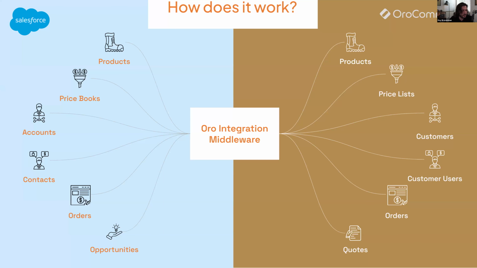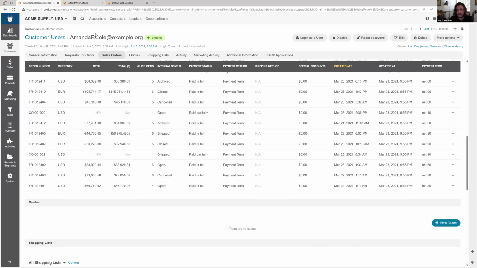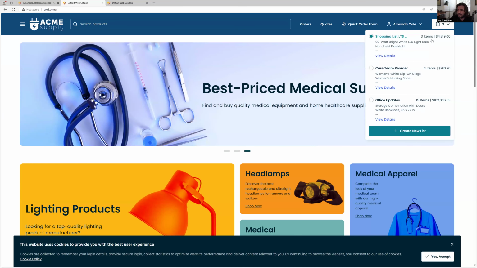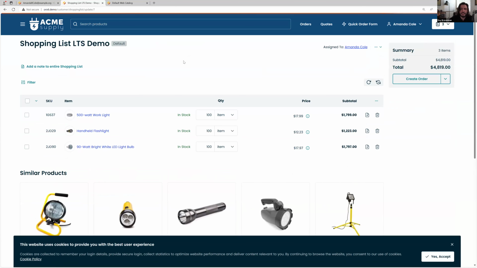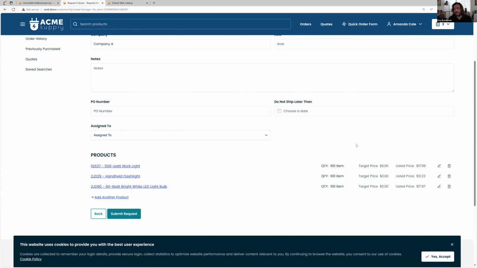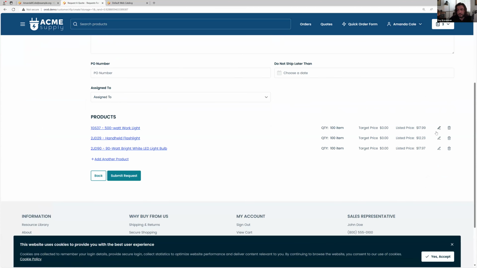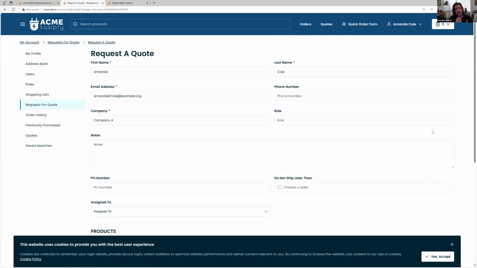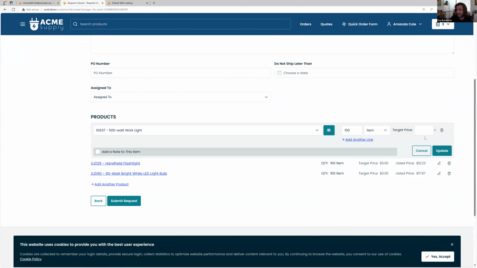So as you know, in Oro, we have a native functionality. And maybe let me show it to you from the live environment. We have a native functionality to actually allow B2B customers from the storefront, instead of going through the checkout process, to start the process of negotiating a quote, meaning I maybe want a different item, or I just want to negotiate my price. So in this case, I'm starting the process of requesting a quote, and I can specify